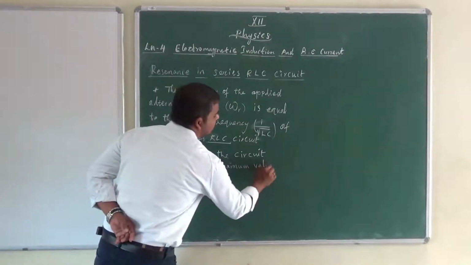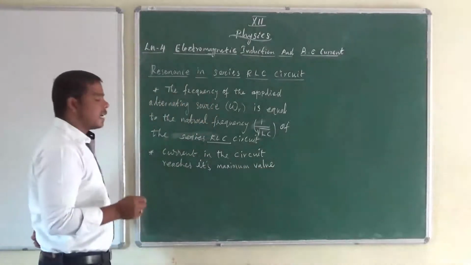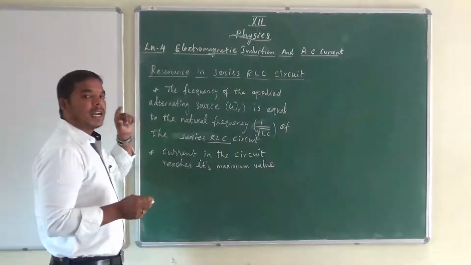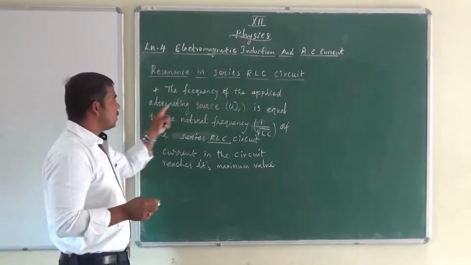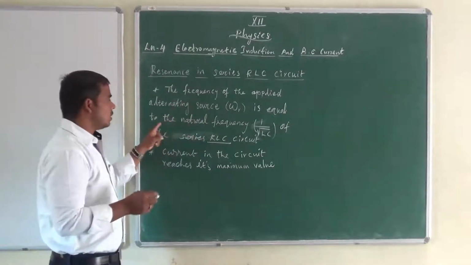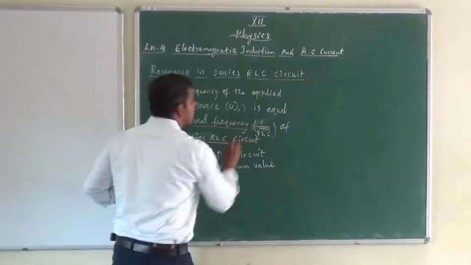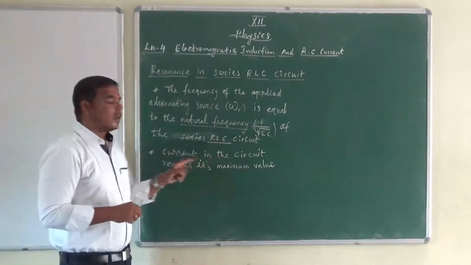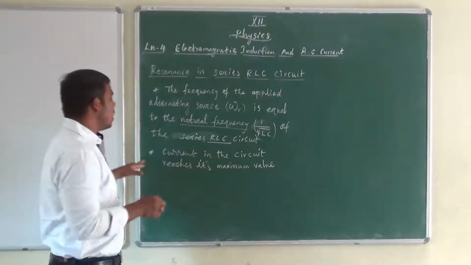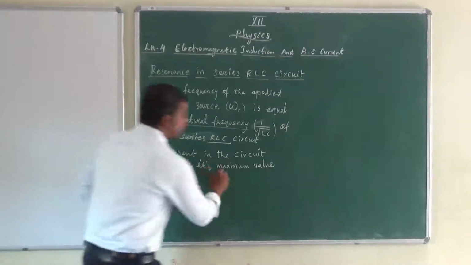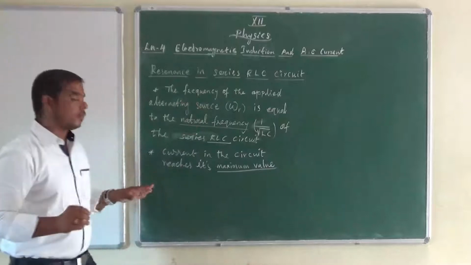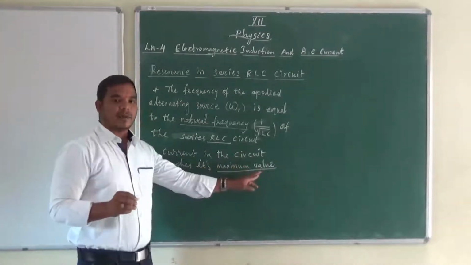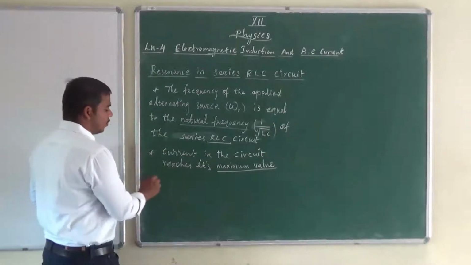One more question: when the current reaches its maximum value, definitely the applied alternating source frequency is equal to what frequency? Natural frequency. That time the current in the RLC circuit reaches its maximum value. Important, one more question, please note it down. When the current in the circuit reaches its maximum value, the circuit is said to be